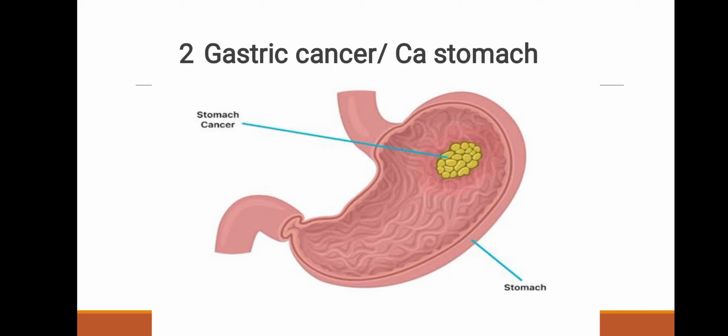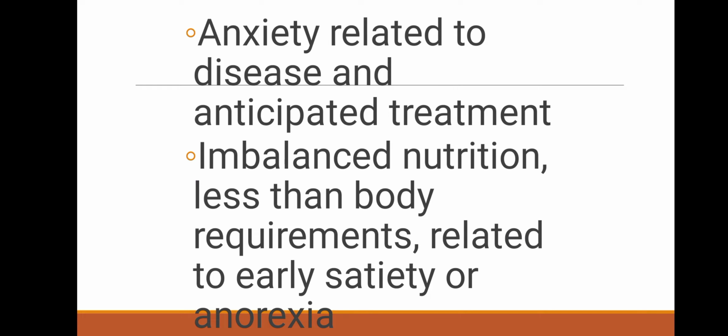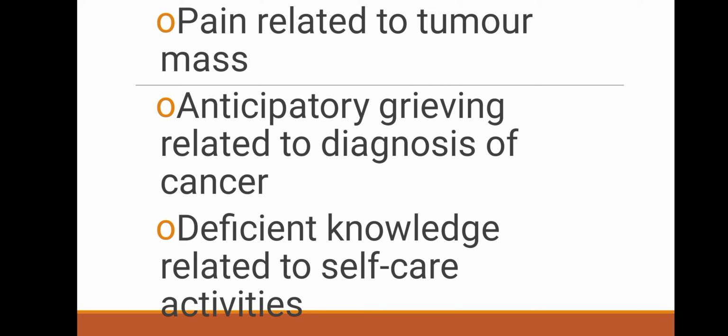deficient knowledge related to early signs of melanoma. Gastric cancer or CA stomach, cancer that occurs in the stomach. Risk factors may include smoking and a diet of highly processed or salty foods. Nursing diagnoses are anxiety related to disease and anticipated treatment, imbalanced nutrition, less than body requirements, related to early satiety or anorexia,